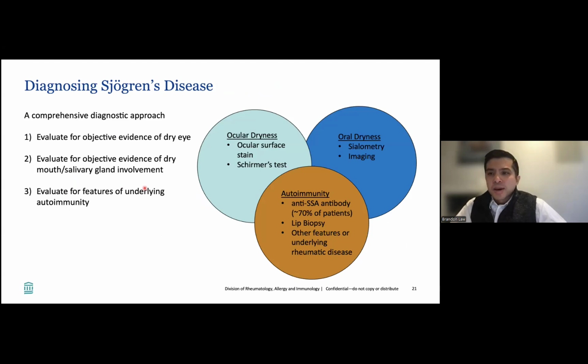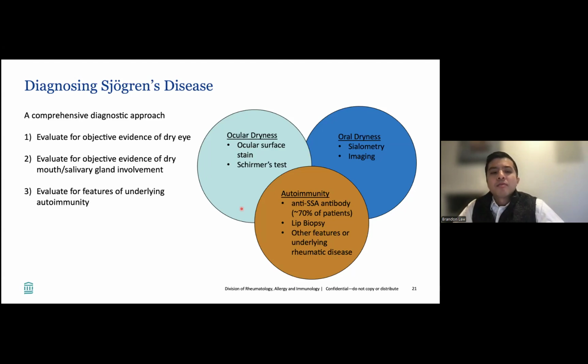So how do I think about it when a patient comes to see me in particular? I think about using a comprehensive diagnostic approach. This includes evaluation for objective evidence of dryness, the eyes, ocular dryness. I'll talk about that in a moment. Evaluating for dry mouth or salivary involvement. So that could include imaging the salivary glands, they're around the cheek and in the neck region, as well as